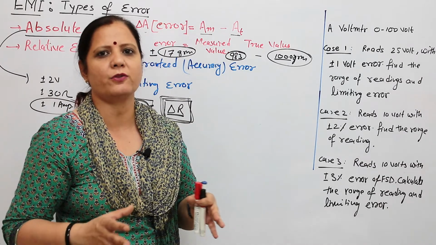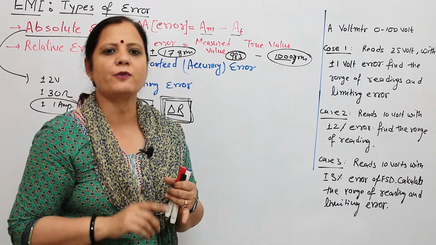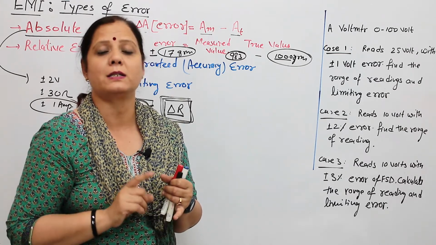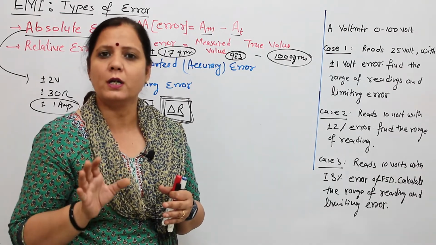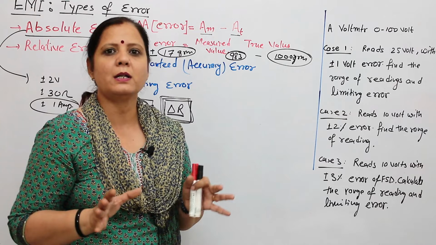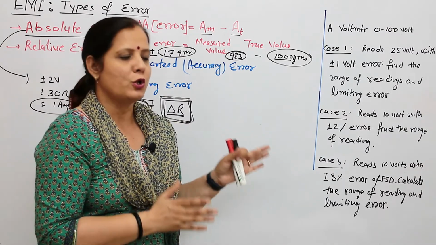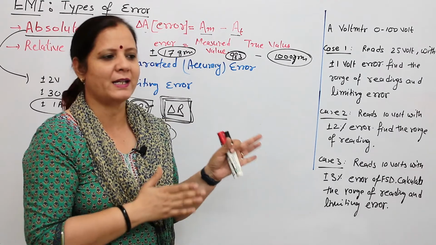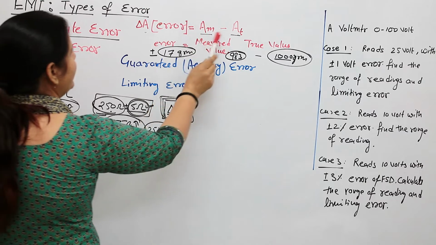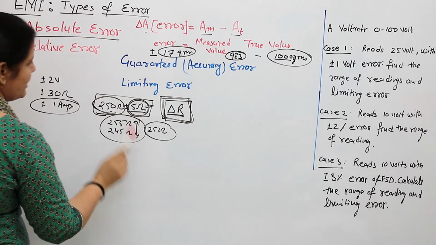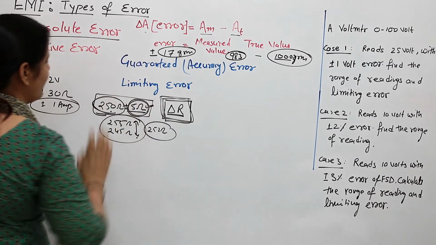Practice a lot of variety of problems, from small ones to detailed ones, because it consists of objective numericals as well as detailed subjective numericals if you are writing the mains or subjective papers in your university exam. So the examiner has a large possibility to formulate a problem based on types of error. This is a favorite topic from the examiner's point of view, and you have to practice a lot. After defining the error, the first one will be absolute error, and this will be mentioned in units with respect to the reference value.